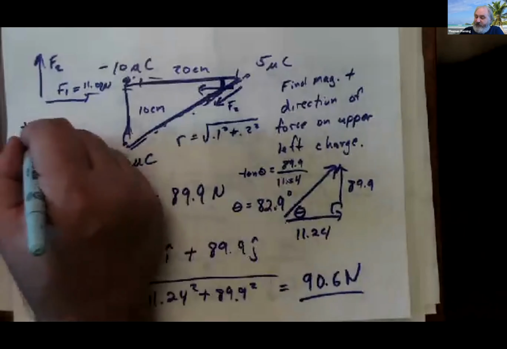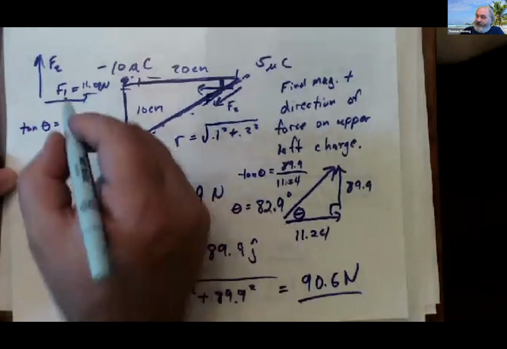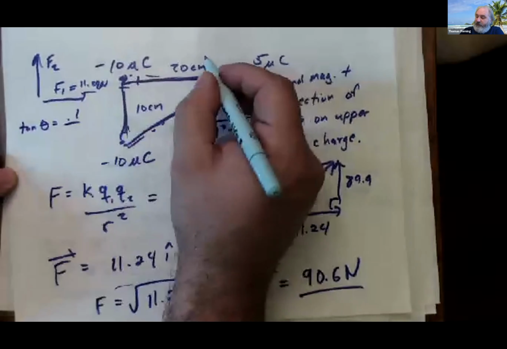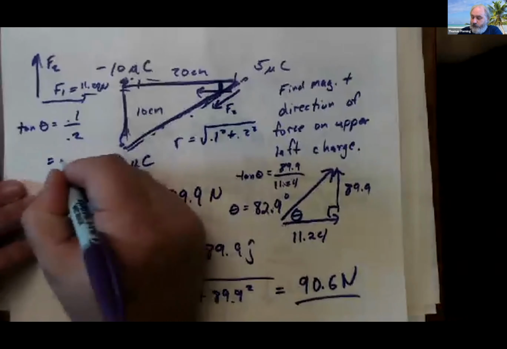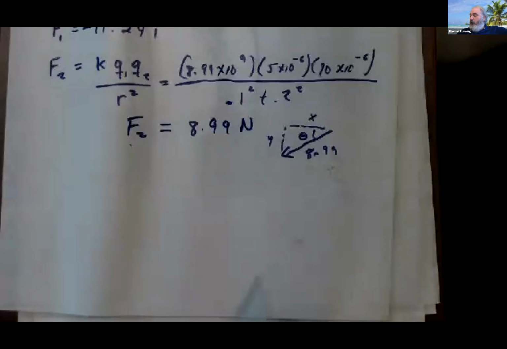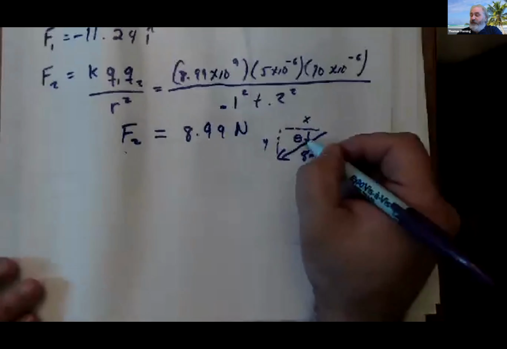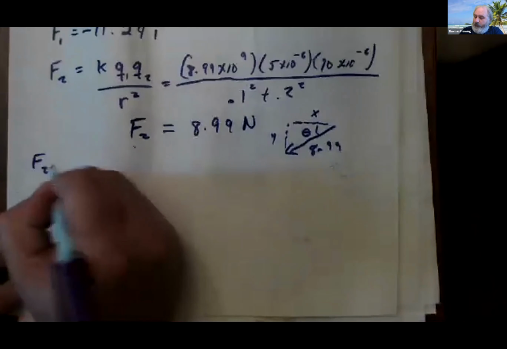I could say that the tangent of that angle is opposite, that's 0.1, over adjacent, 0.2, right? Mm-hmm. And then take the inverse tangent of 2, and I get that it's 63.4 degrees. So now I know this angle is 63.4 degrees, and I can use that to find the X and the Y components. So F2 is going to be